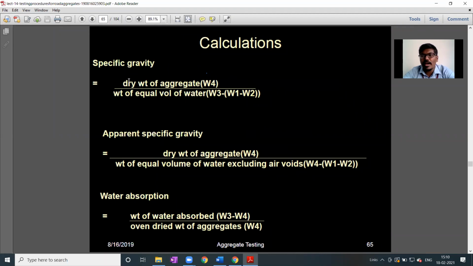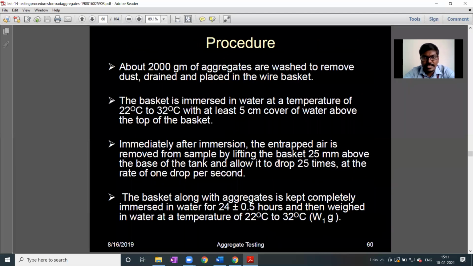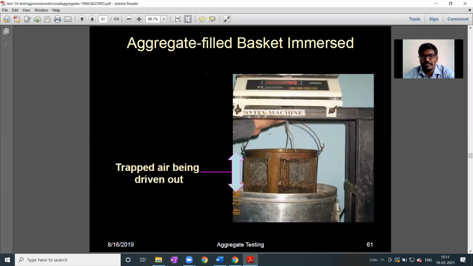Specific gravity, simple formula, the general formula is gamma S by gamma W. That's why we need the dry weight of aggregates, W4 above. And gamma W is nothing but the weight of an equal volume of water. How will we get it? W3 is the weight of saturated surface dry aggregates, whatever weight you take after that cloth drying. W1 is the initial weight, right? And W2 is the saturated weight. W1 is the aggregates taken in the basket. Here you can see, just a minute. Aggregates are taken in the basket, suspended in the water, and the weight is taken. That is W1. Empty this aggregate on a tray and take the empty weight of this wire basket